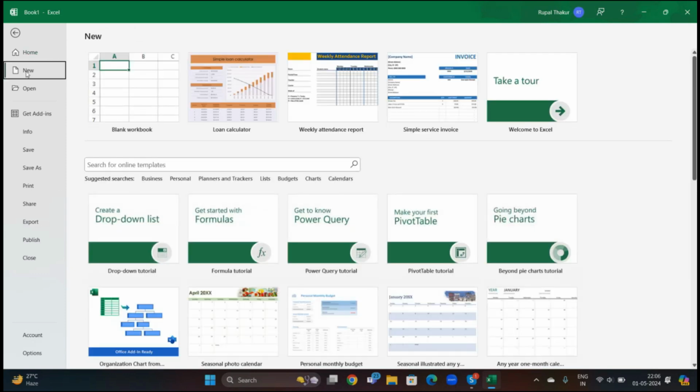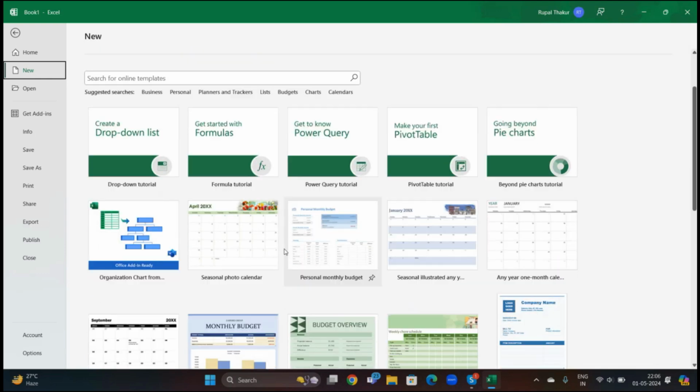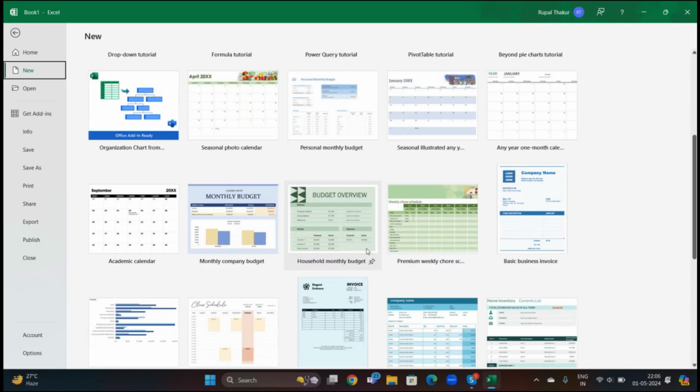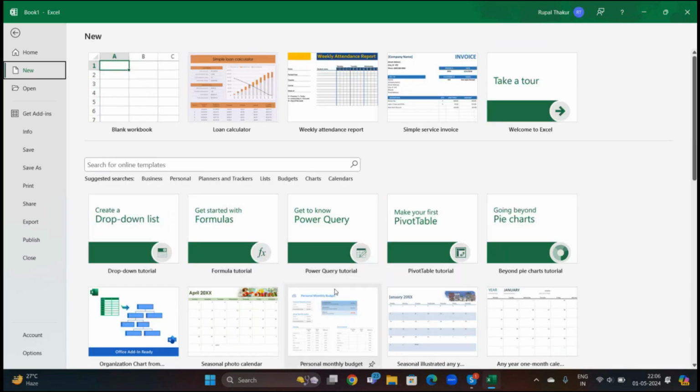What I'm trying to explain is that home is a separate thing. Clicking on new is all about either starting with a new workbook or starting with some free templates. These are nothing but the templates provided by Excel. Let's say you are creating a report and someone asks you to create a personal report or chart. You can type for that and there are some suggestions also available, such as something relatable to business, personal, a planner or a tracker. So if I click on planner and tracker,